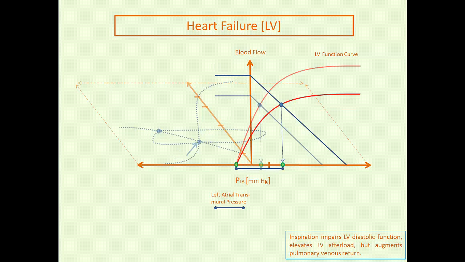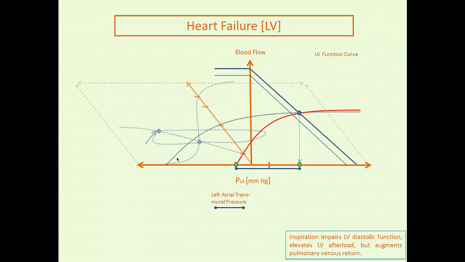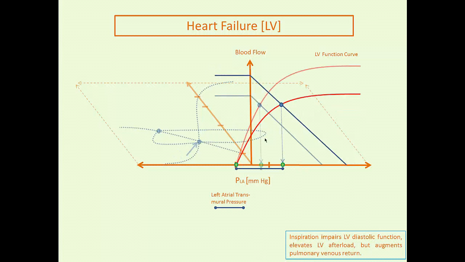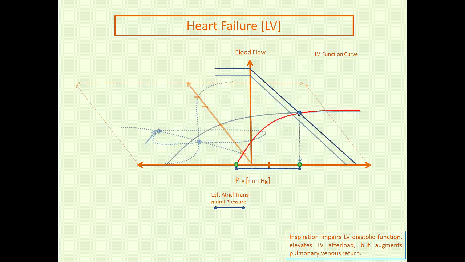Okay, so watch the right heart. Remember, the right heart greatly increased its distending pressure with inspiration. And what that does is, by diastolic ventricular interdependence, if you watch now the left ventricular cardiac function curve, what it does with inspiration is it tends to shift down and to the right, and that's a consequence of this